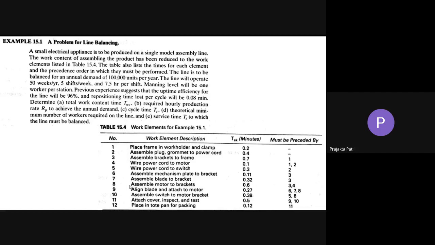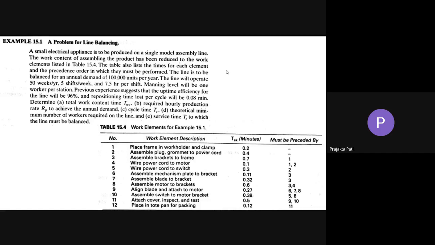Suppose you start with work element number 8, assemble the motor to brackets, and go on continuing at random with anything from this description, then the assembly will not be possible because there are certain restrictions. If you want to perform the 8th task, you have to see that the 3rd and 4th are completed first. So the precedence to be followed is very important here.